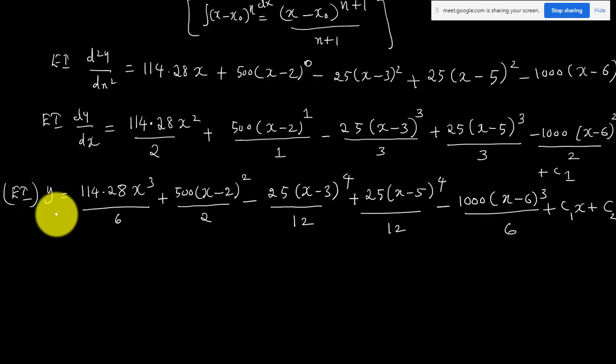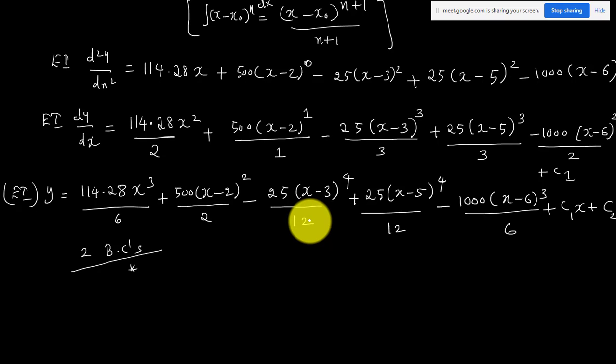This is your equation for the deflection y. Now I can find the deflection at any point by simply substituting the value of x. The only thing is I don't know the values of the constants c1 and c2. So I have two constants, and I have to use two boundary conditions. We can use any two boundary conditions. I think yesterday we discussed boundary conditions. A boundary condition means that for some value of x, some quantity should be known to you. That can be a deflection value or it can be a moment value.